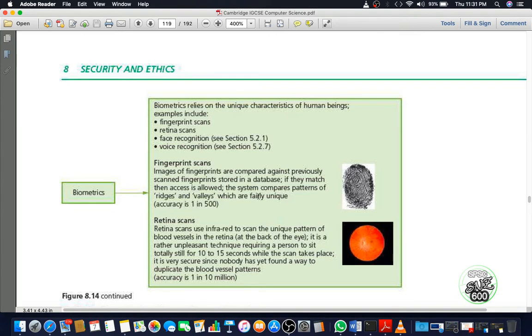So previously, when we set up the system, that system stores the user's fingerprints and keeps them in its secure database. So whenever any user comes and scans with his fingerprint, the system checks with the saved information. If both are matched, then they get access to the system. Otherwise, they don't get access to the system.